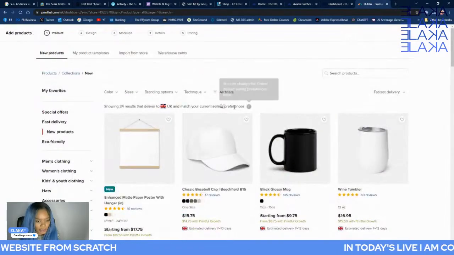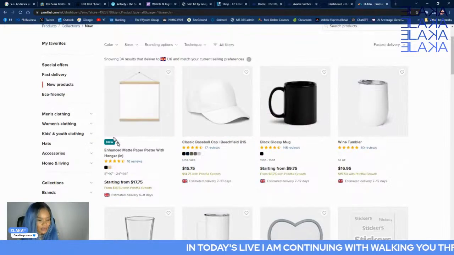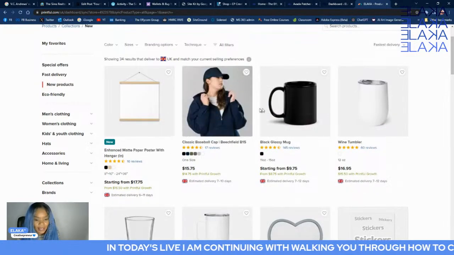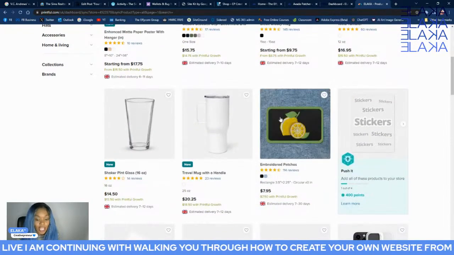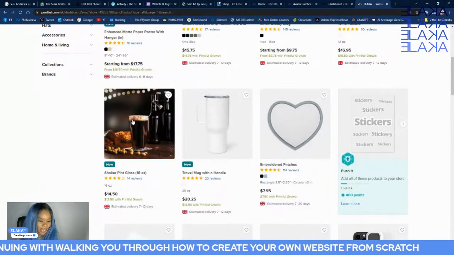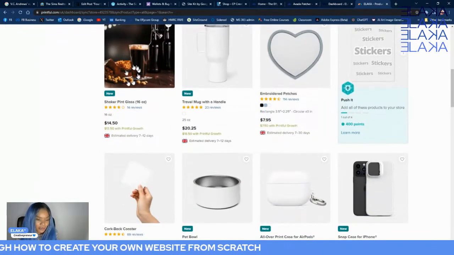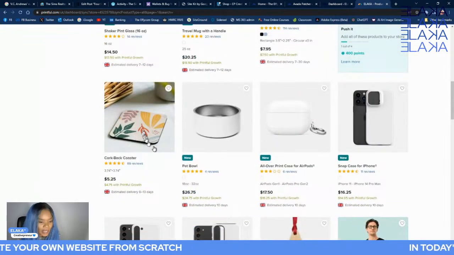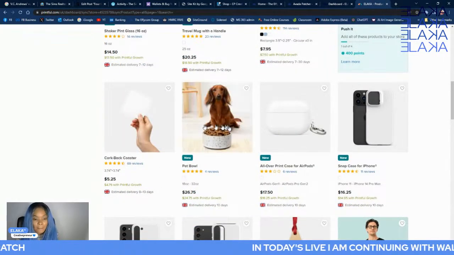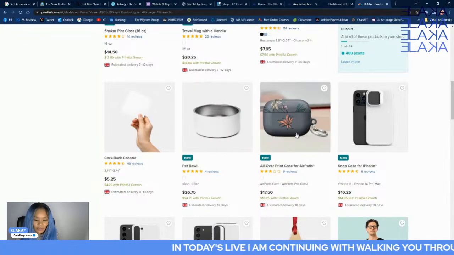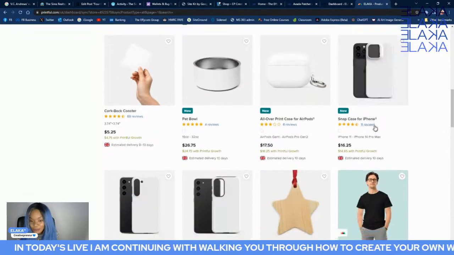Oh, like I said, I was about to show you through and I almost forgot again. What is wrong with me? Okay, so here you've got a hand-matte paper poster with hanging. There's baseball caps, mugs, stickers, embroidered patches, literally pint glasses, which is amazing. If I can put a name or something, that would be pretty cool. You've got cork back coasters, pet bowls, all over print case for AirPods. How amazing is that? Cases, phone cases,